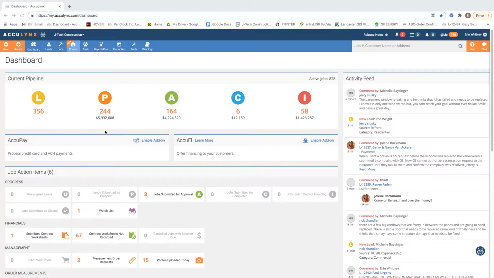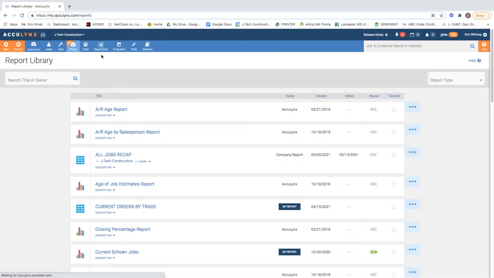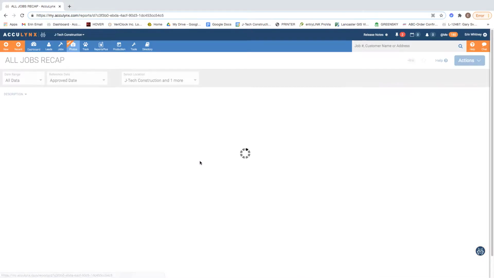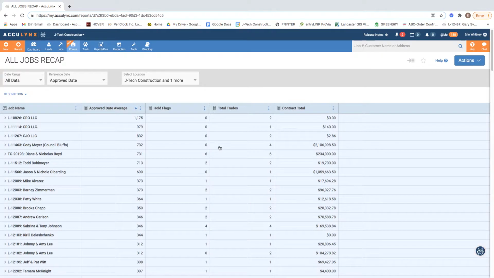So again, we're going to start on our dashboard. We're going to Reports Plus, and then we're clicking Report Library. Again, keep in mind the portal that you're going in through, it does matter. If you've only saved a report under the JTech Construction portal, then you need to be in that same portal to access it. I'm going to pick the All Jobs Recap, but the individual report you choose really doesn't